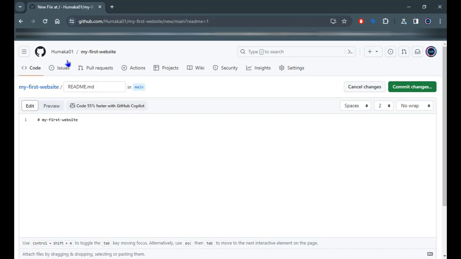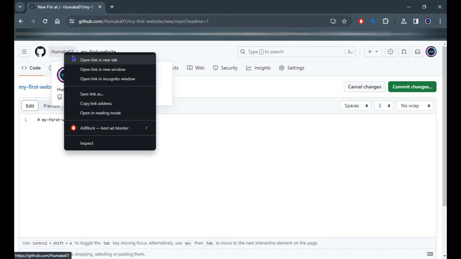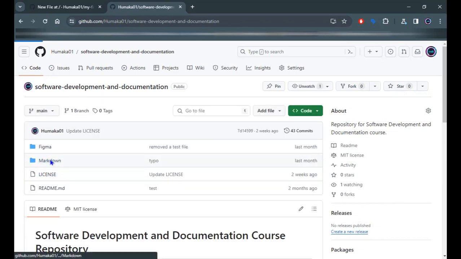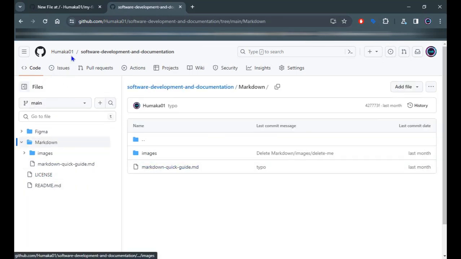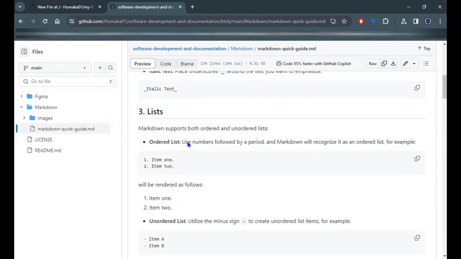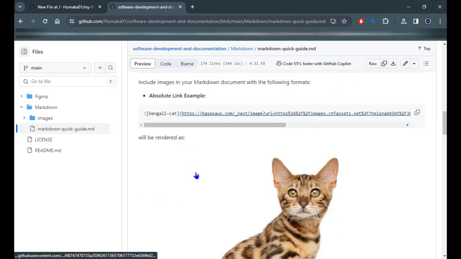Now, I do have here actually on my account a quick tutorial on how to use the MD, the Markdown language. Let's go here with the software development and documentation. We go to Markdown, and you're going to find it on Humaka 01. I have created a Markdown quick guide.md. If you click on it, it's going to explain all the things on how to make your documentation in the